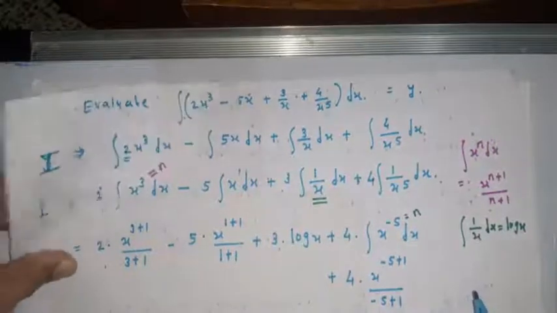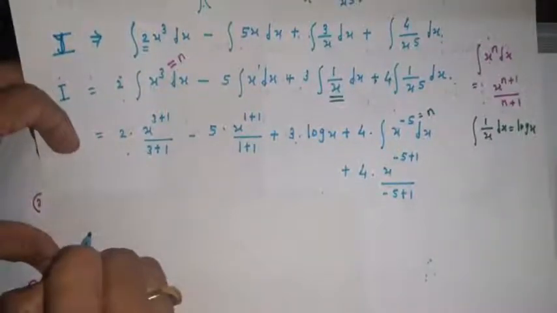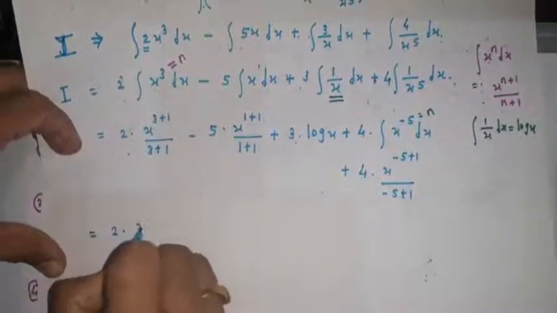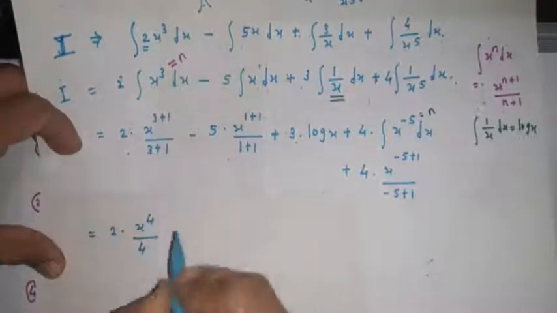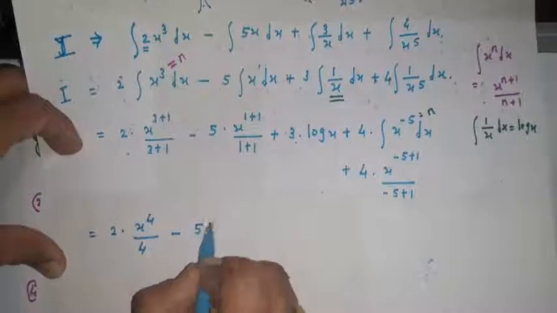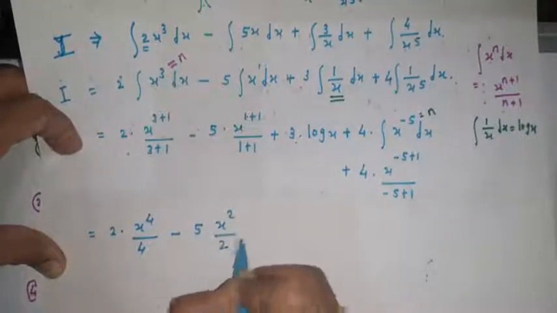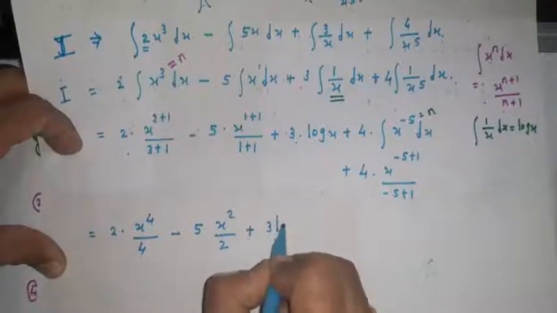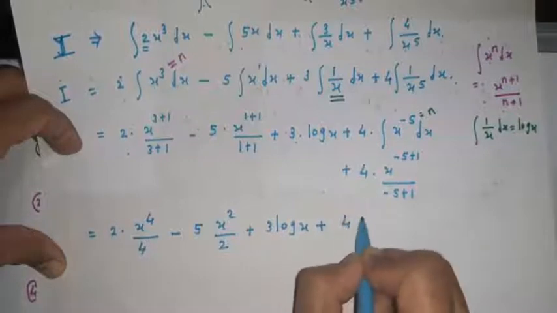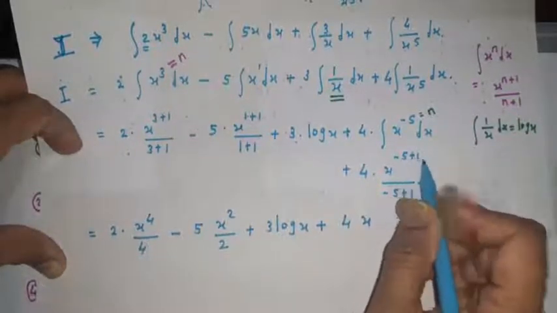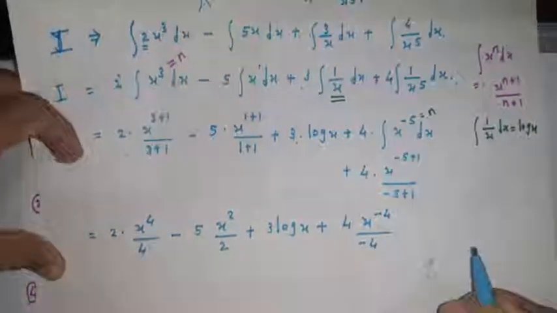Hence the total integration is now equal to 2 into x raised to 4 upon 4, since 3 plus 1 is 4, minus 5 as a constant, x raised to 1 plus 1 is 2 upon 2, plus 3 log x, plus 4 into x raised to minus 4 upon minus 4,